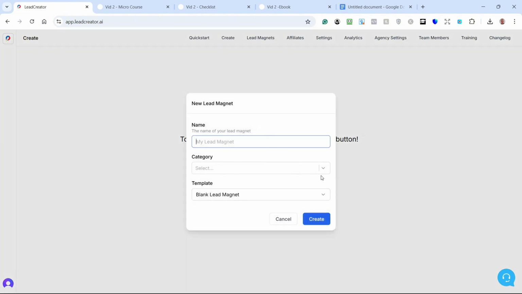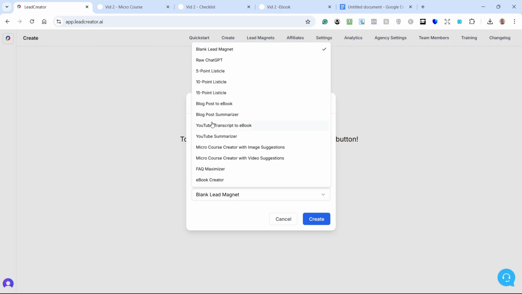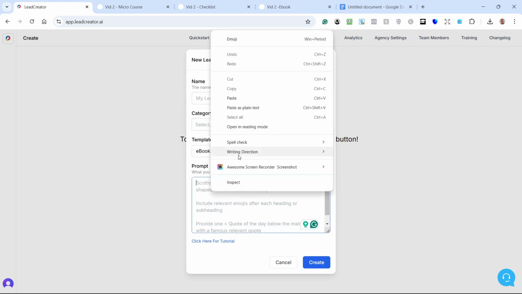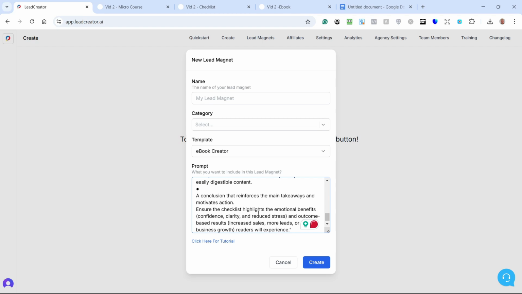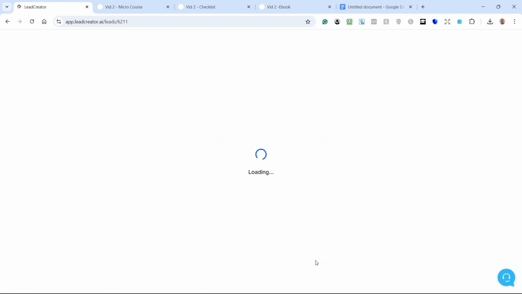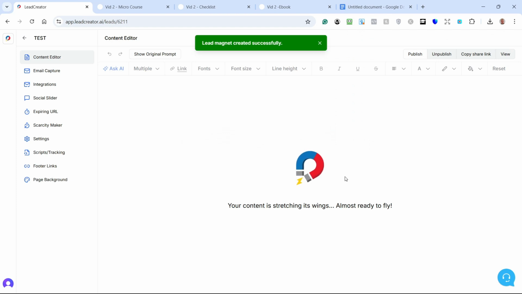When you create a lead magnet, let's just say, what shall I say here? Let me just do the ebook again. You put the prompt in there. Let me just paste the prompt in. See, simple as that. Click create. I haven't got a title, so I'll just put test. There you go, test. Click create, and after just a minute or so, it'll create the lead magnet for you, and then you can